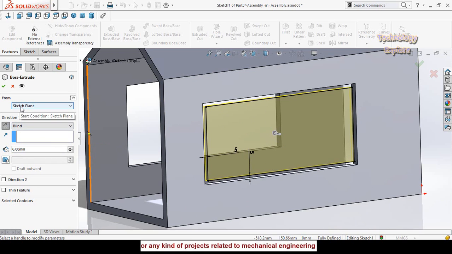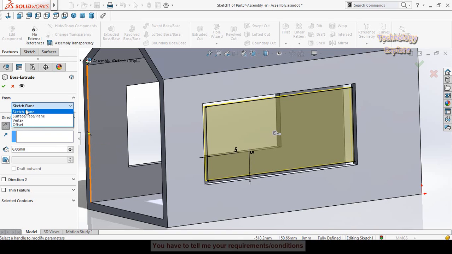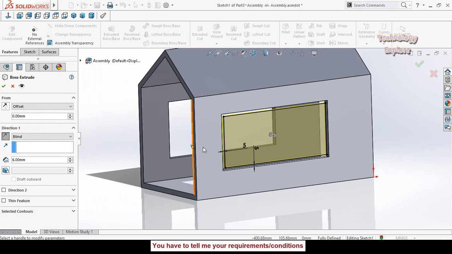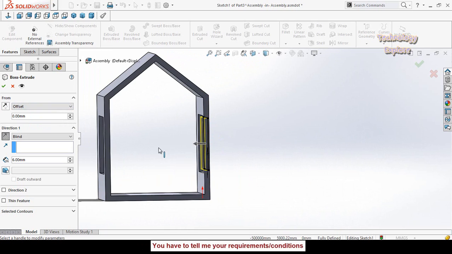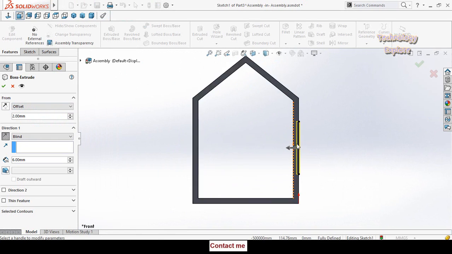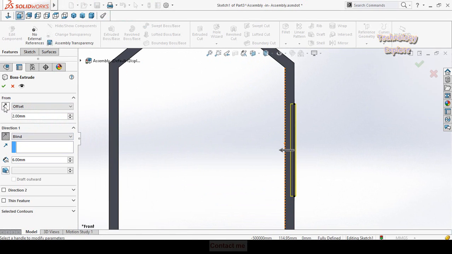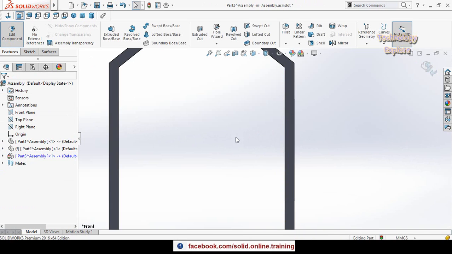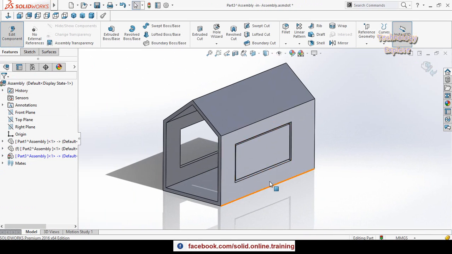So now from here drop down this options from, and instead of from sketch plane select offset. Offset distance is 2 millimeter, and press space button and select this view orientation. So we have to reverse the offset direction, you can see now, then press OK button. So here you can see